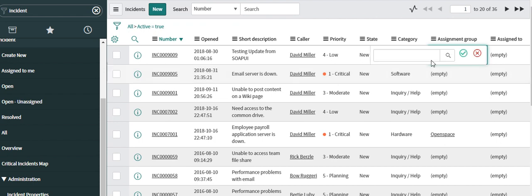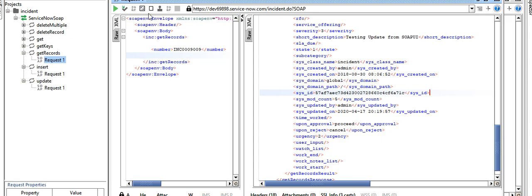So let's first assign it to some group, and then we can take it from that. Now if I fetch the incident again, I should get the assignment group.